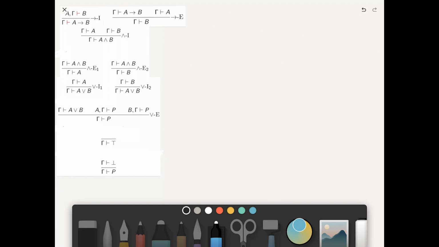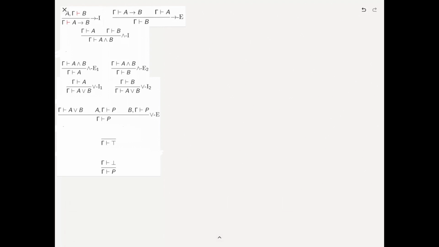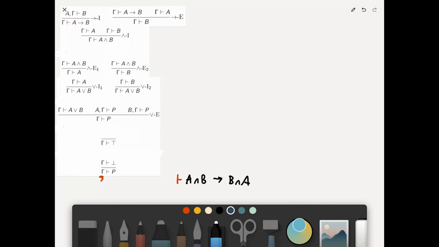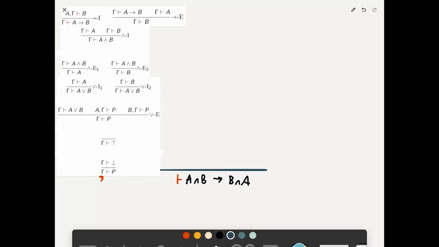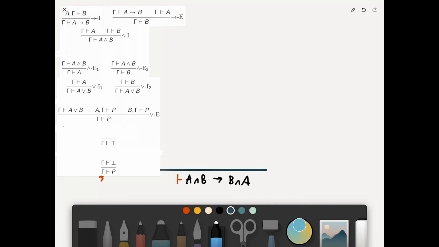So let's do the proof. We're going to do A and B implies B and A. And we're doing this under the assumption of nothing, right? We are not proving this under any particular assumptions. So our set of assumptions gamma here is empty. Okay. So now I need to play the video game of proof, which is I need to find the tool in my toolbox, which I've collected all the way on this left-hand side here, that will apply to my current goal,